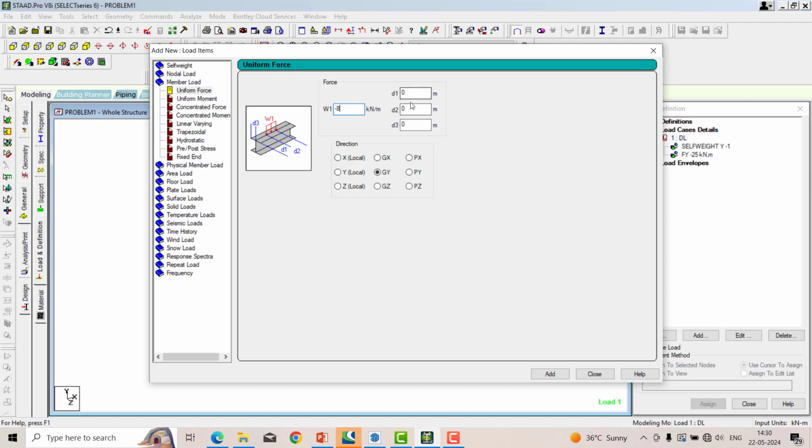In order to get a better idea about D1, D2, D3, you just have a look over here. If it is a steel beam I section, then you have to put the value in the D3. If it is concrete beam, then we are just considering only the D1 and D2. D1 is nothing but the distance from the origin point. D2 is nothing but the distance from the origin to the last point of the load. So as per the problem, the UDL starts 3 meter from the origin. That's why the D1 is 3 meter. And the total distance 3 plus 3 is 6. That will be your 6. So like this way you have to add the distance. Add it and close.